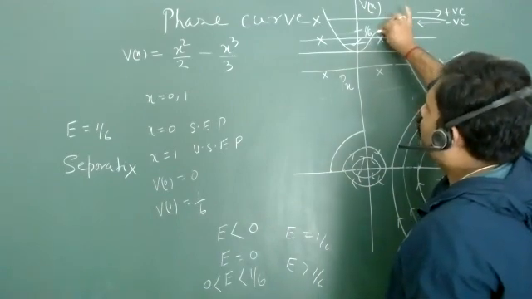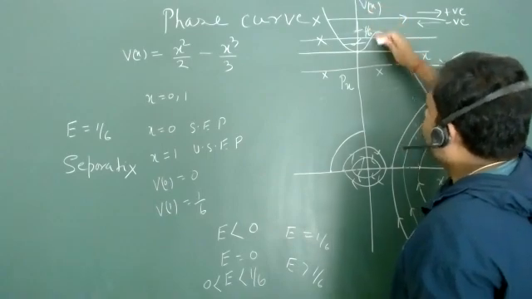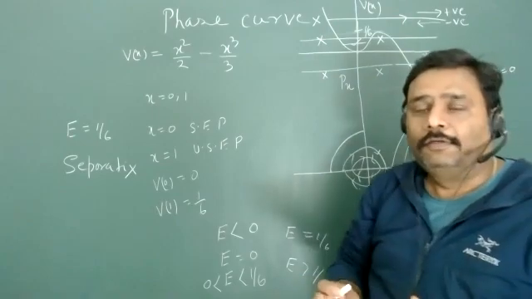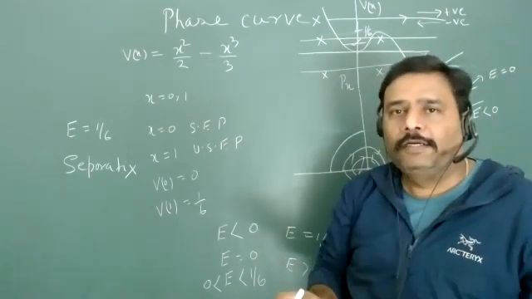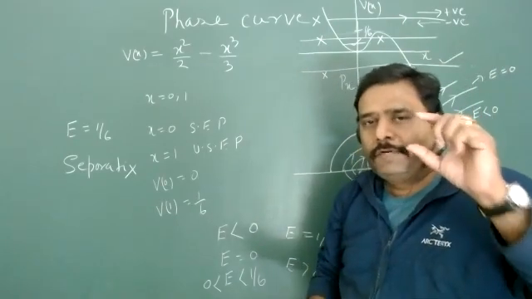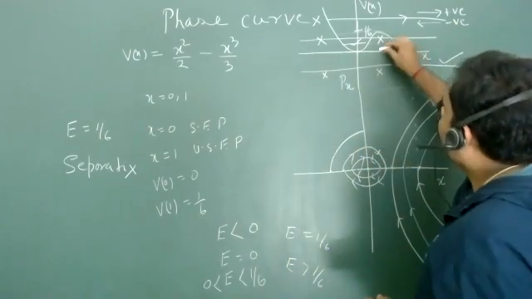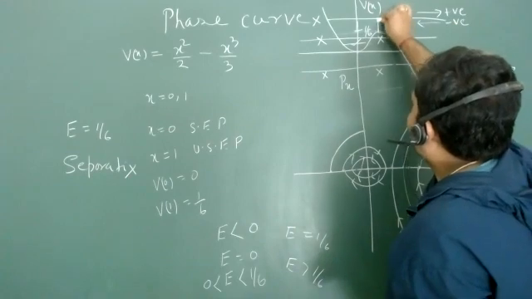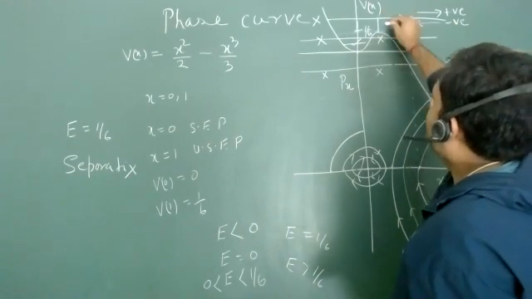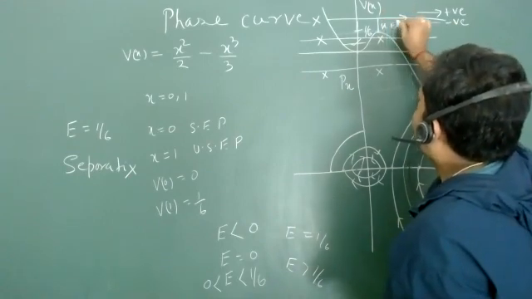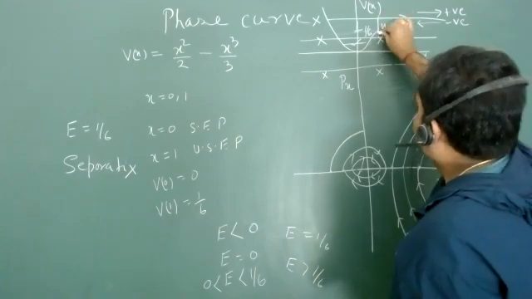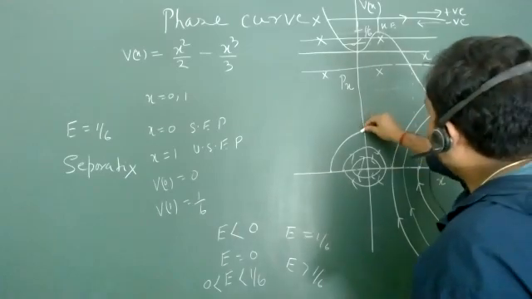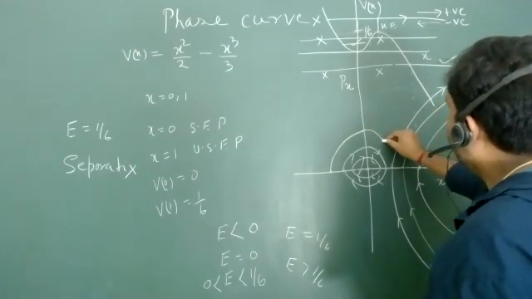So what will happen to your kinetic energy? It will decrease, and it will never be 0 because there is no turning point, but it has some particular value of kinetic energy. That value is total energy minus potential energy, and this part is your kinetic energy. This is total energy, this is potential energy, so this is my kinetic energy. It will decrease up to x equal to 1 by 6.